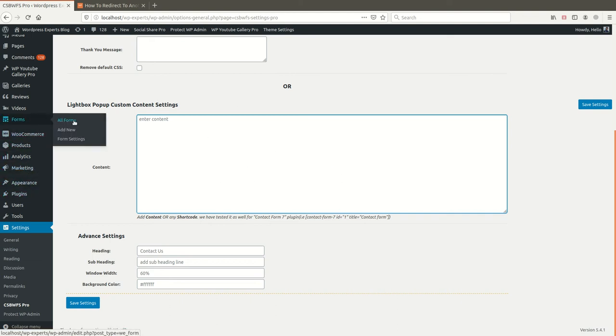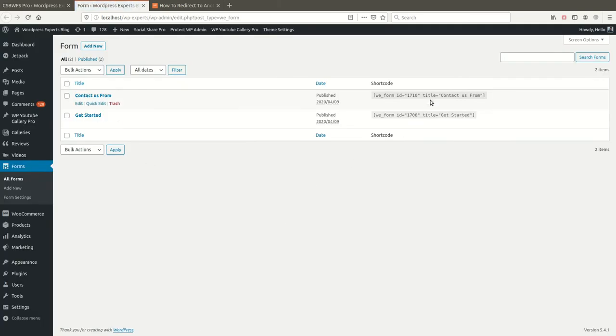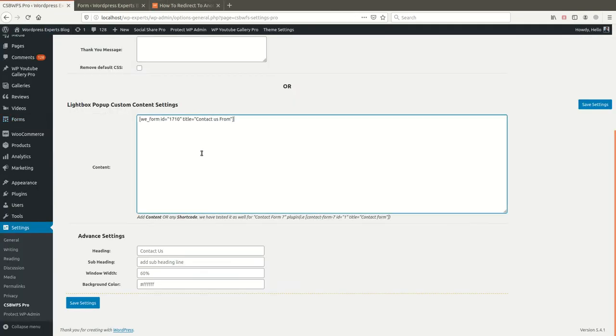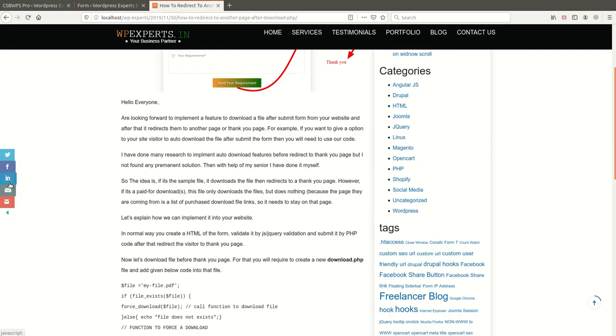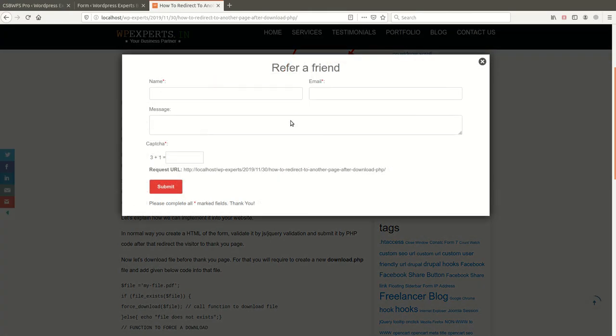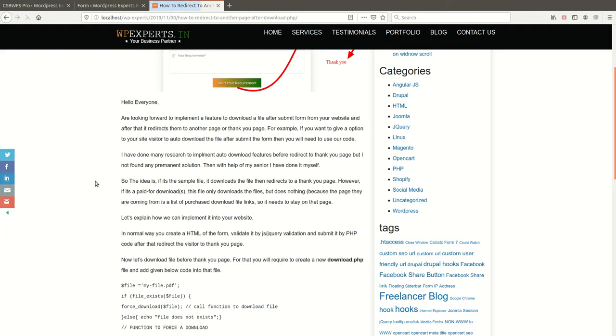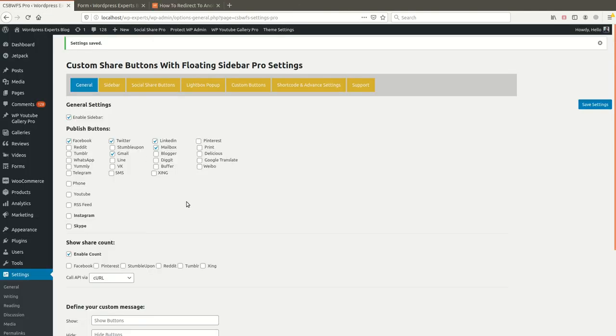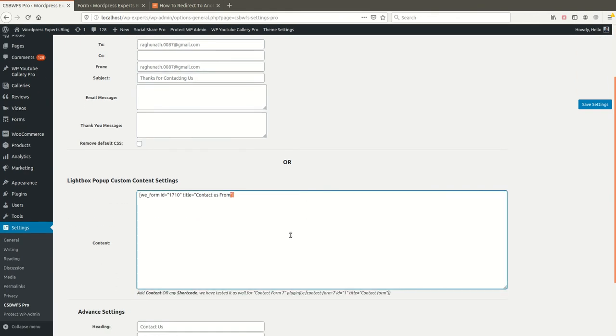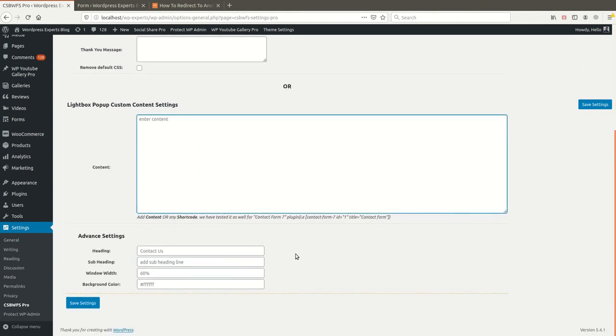This is my one custom contact form, so I am going to use this one. Currently it's showing my custom form. Now you can see this is showing on the basis of my custom shortcode. So here you can choose any form or any shortcode to publish the content in the lightbox.